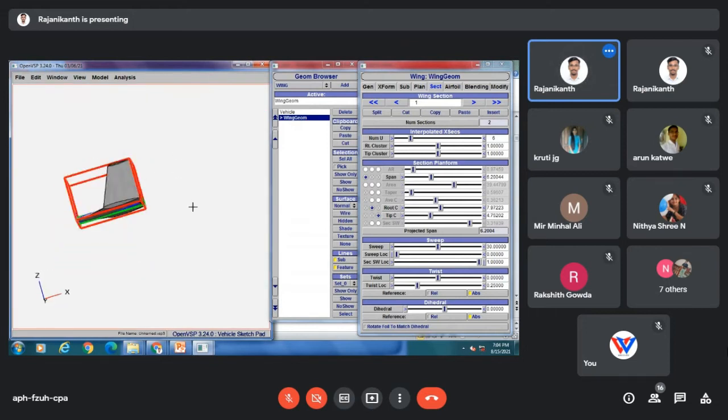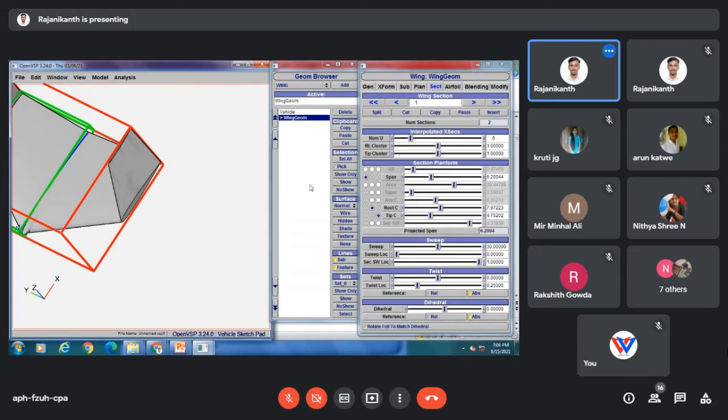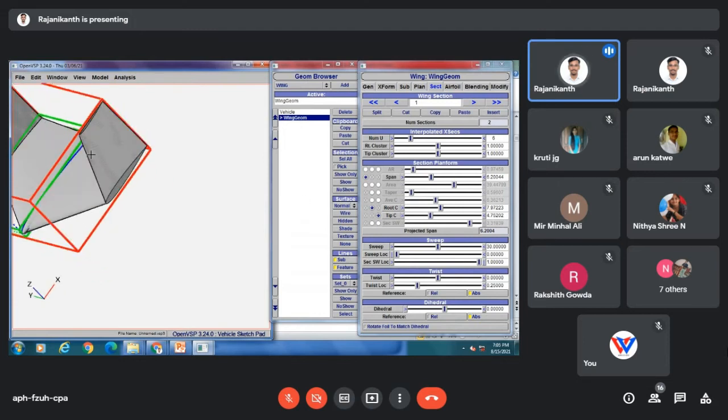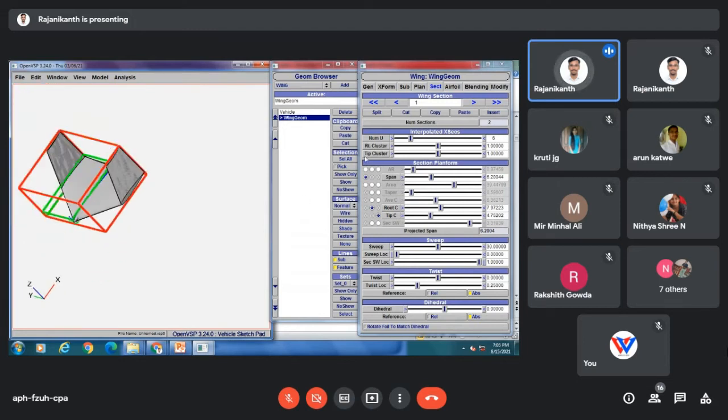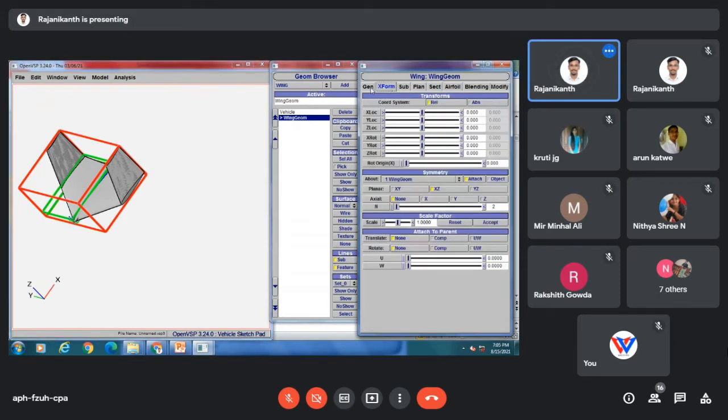See, the geometry is not that smooth, so you can smooth this geometry by increasing the number of tessellations. You can come to XForm general.